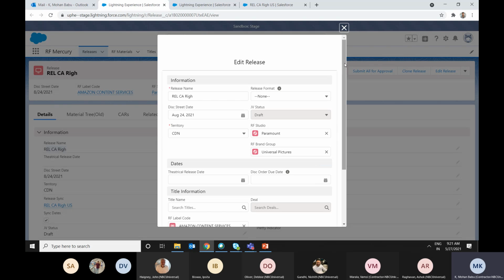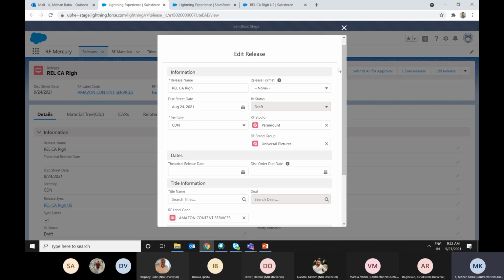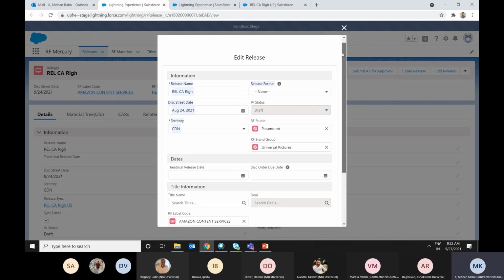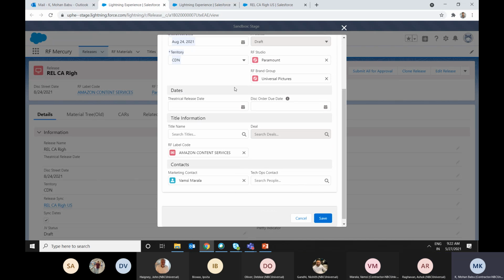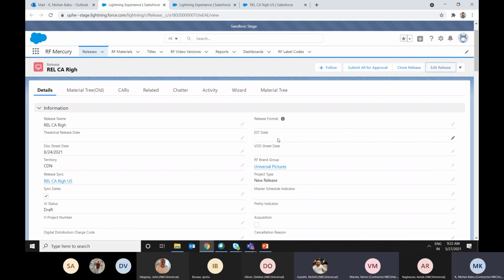Similarly, again, it has the Aura component. Here also the same thing, we are allowing users to edit only the particular fields, what the user can edit and what they should not edit. Here we have read-only fields for the brand users. Generally for the brand user and the other users, all these fields are read only on the layout.